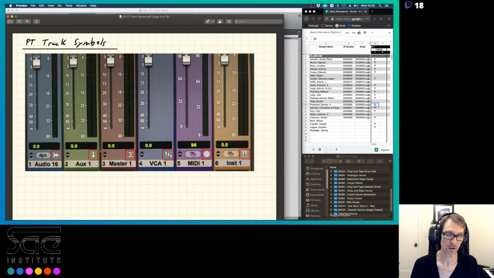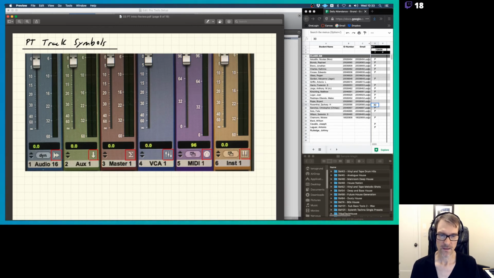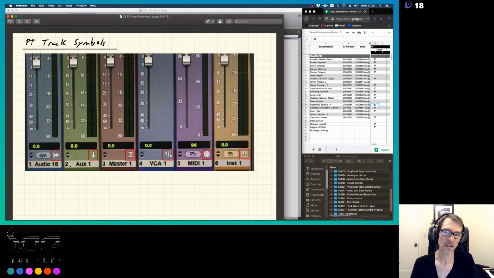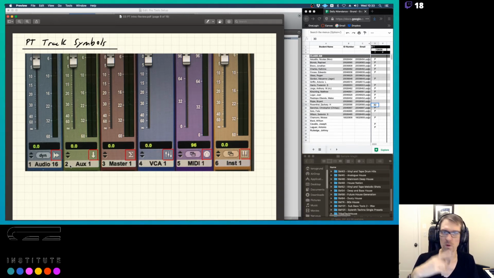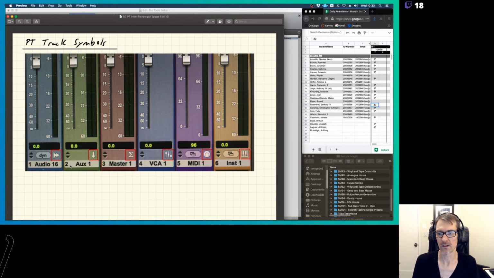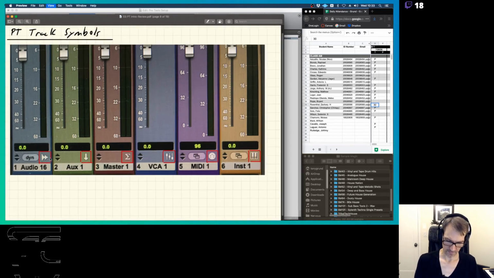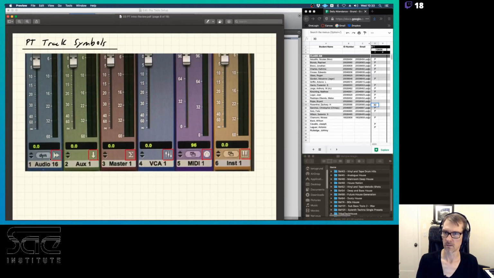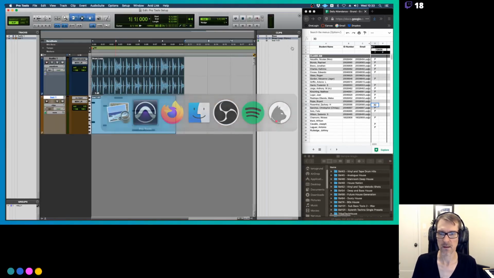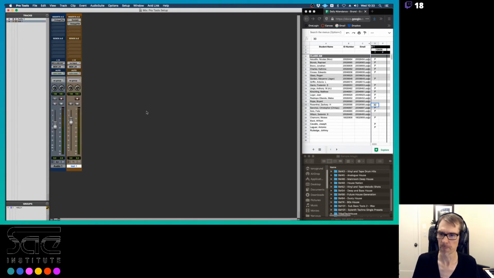And this is in the mix window. So we can easily see, if you kind of memorize these icons, which I'm not going to make you do, but just as you are working with Pro Tools, you'll probably memorize this stuff. You've got a little icon here that corresponds with each one. The other thing to keep in mind is that when you're working in Pro Tools, when I